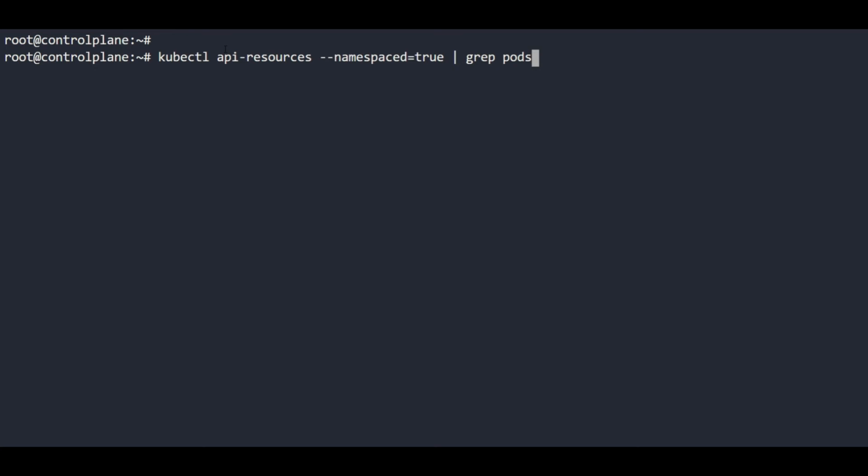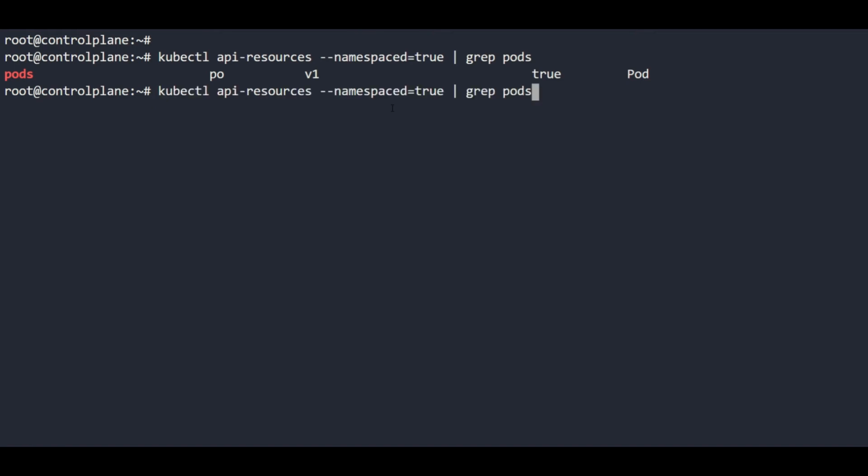In another way, you can see that if you run this particular query, the pod is a namespaced object. Whenever you create a pod in a particular namespace, it will work for that namespace. You cannot access that pod by using a different namespace. So this is a namespaced object.